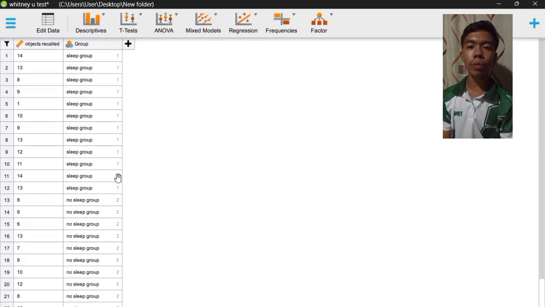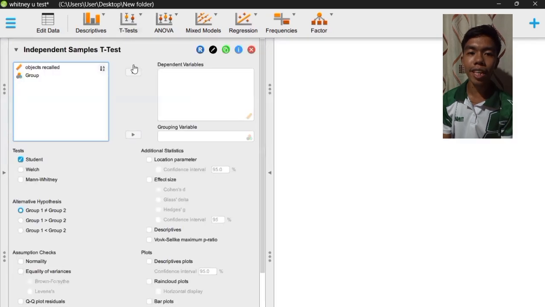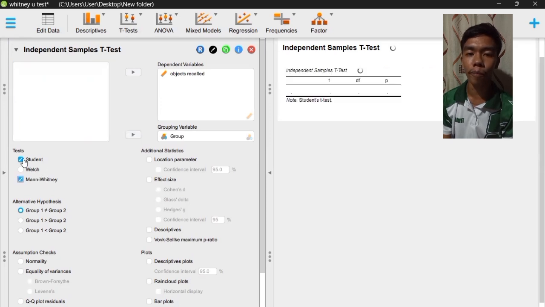Now, in doing the Mann-Whitney U-test, we're first going to click t-test and then independent sample t-test. But instead of checking Student, check Mann-Whitney, and afterward, the same goes, we put our dependent variable, while our grouping variable is the sleep and no sleep group.